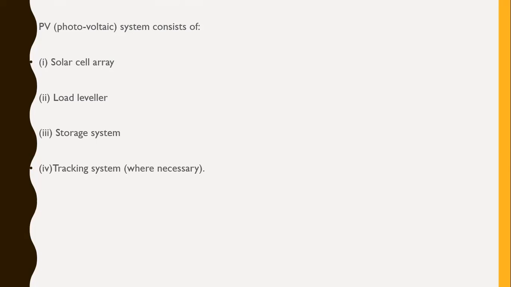Suppose you take 1 square meter of fixed array facing south, this gives nearly 0.5 kilowatt hours of electrical energy. So we can get 0.5 kilowatt hours of electrical energy when a fixed array of 1 square meter is kept facing south on a normal sunny day.